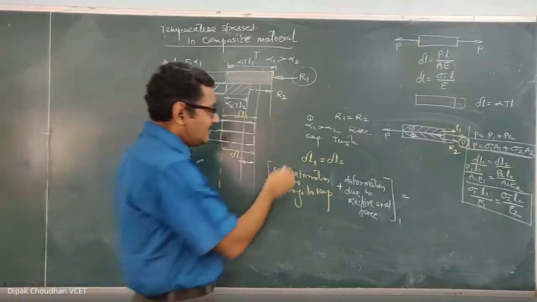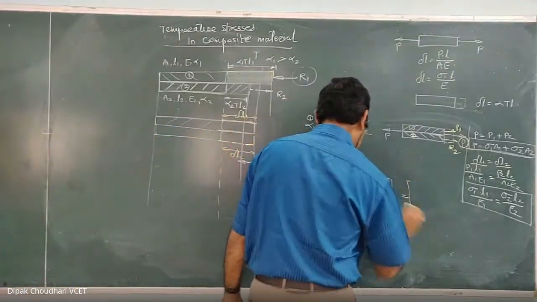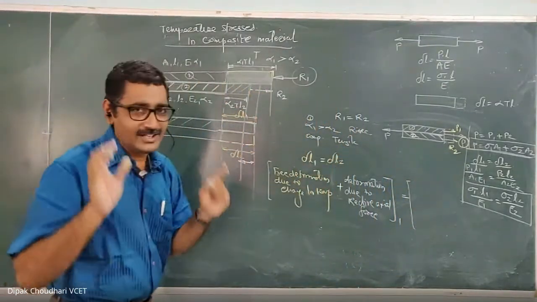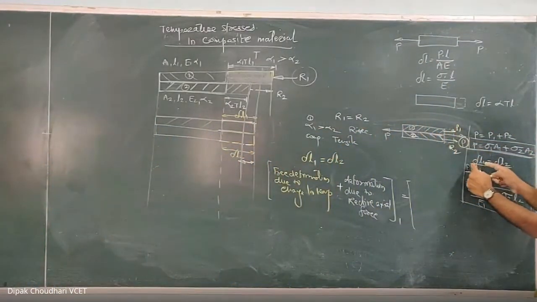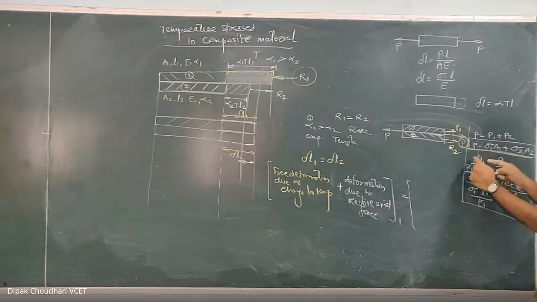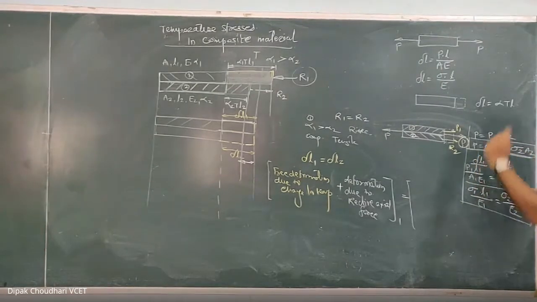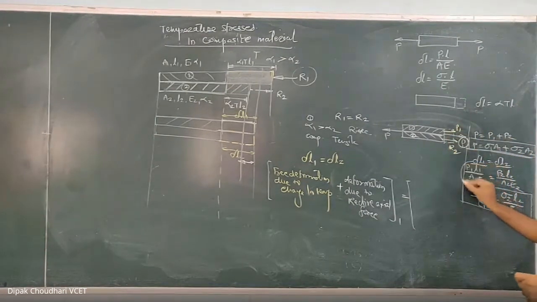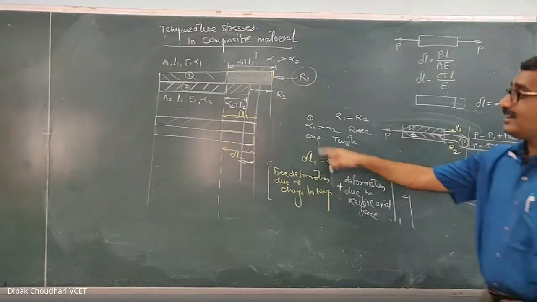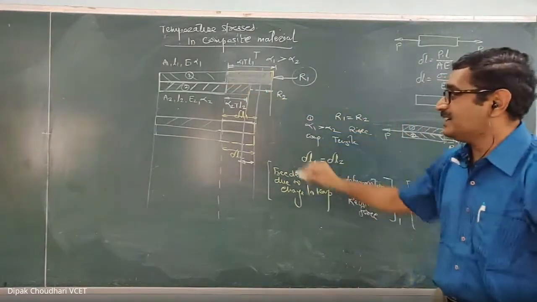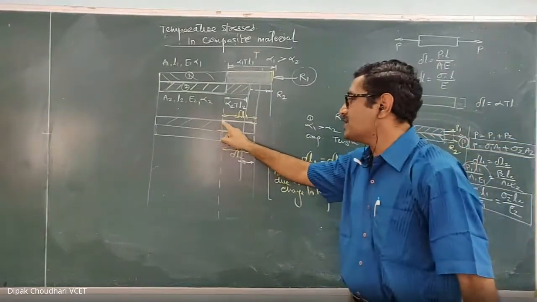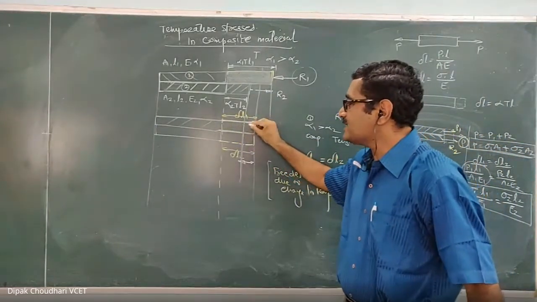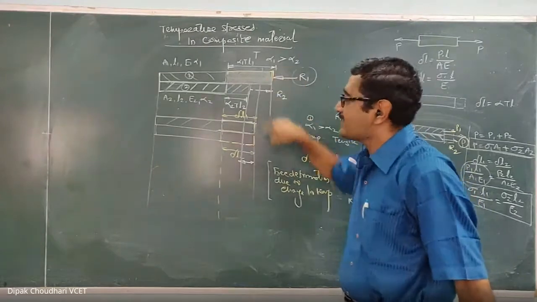Okay, here so in this delta L2 also we can write, here also there are two components. Here so don't get confused. Here in this sum we equate delta L1 equal to delta L2, but there delta L1 and delta L2 are the deformation just because of the axial force. हमने एक ही component consider किया था. But here when the materials are rigidly connected, these final deformations are of two types. One is the deformation because of the change in temperature plus deformation because of the reactive axial force.